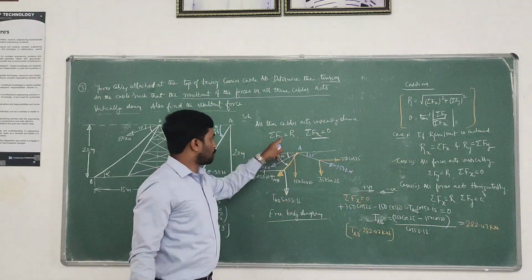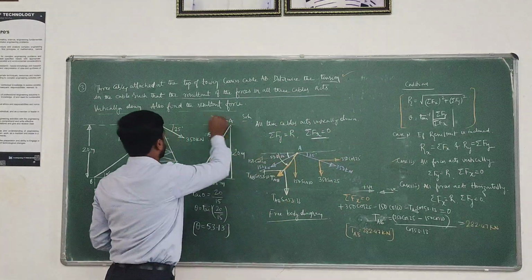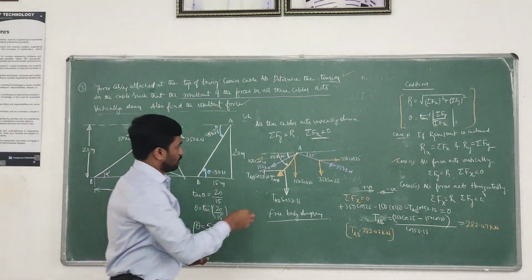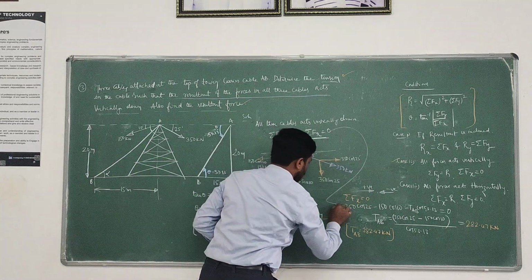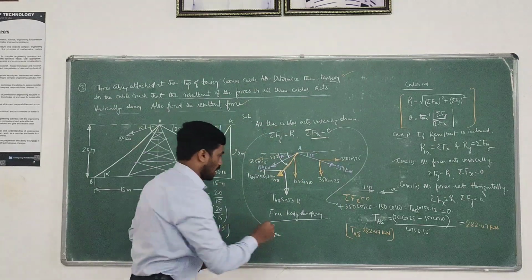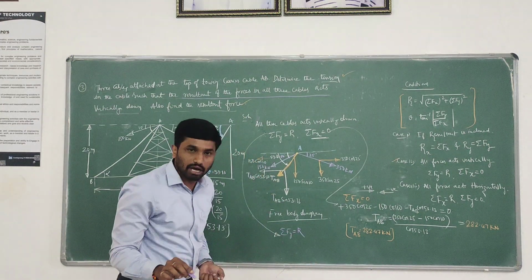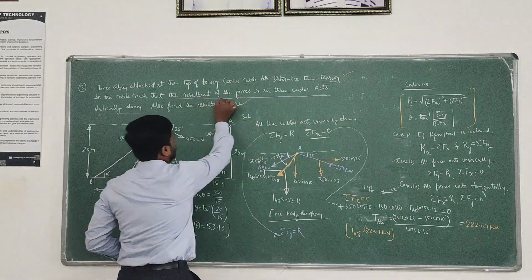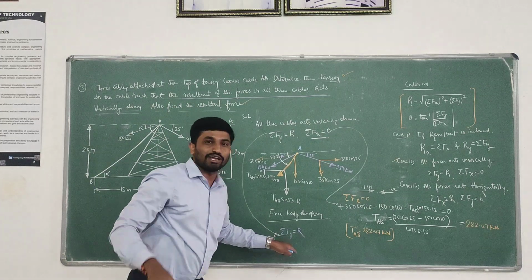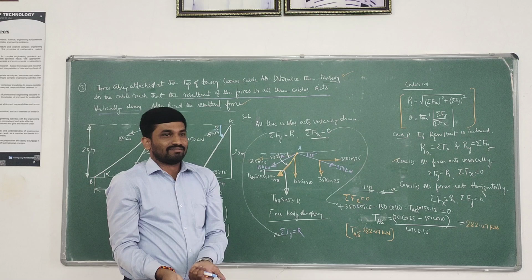In the next section, compute the resultant. This is over: determine the tension. Now I am coming to determine the resultant force. Now we take this condition here, that is sigma Fy equal R. Why is sigma Fy equal R? The condition is that the resultant of all three cables acts vertically down. Hence, sigma Fy equal R. All forces are acting vertically, which means the resultant is sigma Fy.